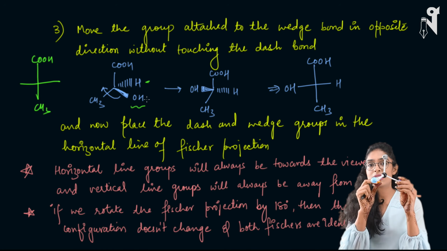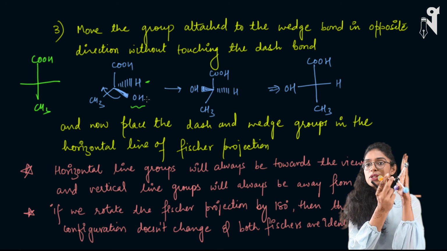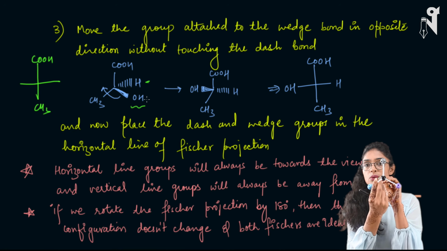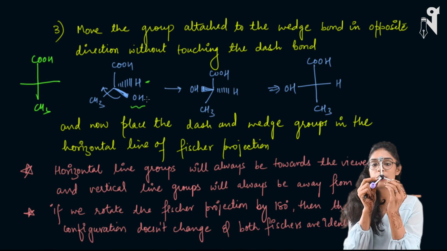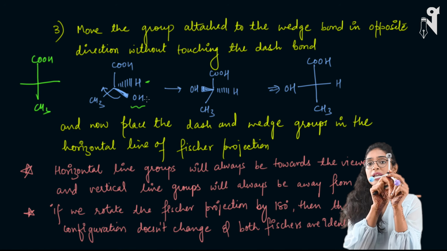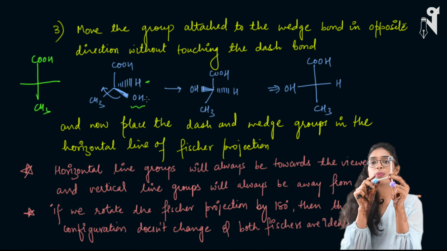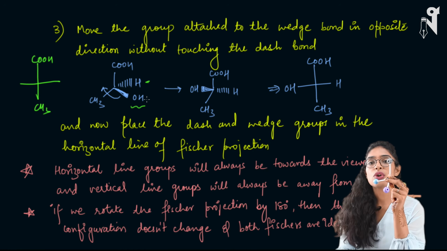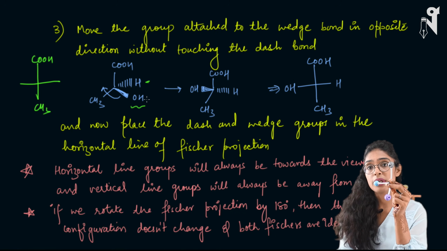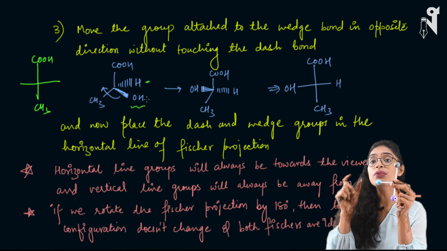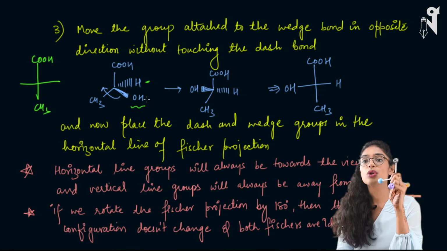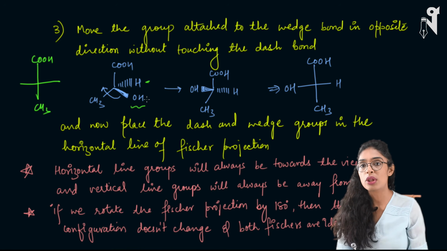What we are doing, this yellow ball is towards me, but to make the Fisher projection, first of all I'll tilt the molecule, I'll move it a bit, I'll rotate it a bit. Now both my dash and wedge bonds are towards me, and the simple bonds which were in the plane of the paper are away from me. So that movement we do. But how do we do this movement in the molecule which is written on the paper? Because you will not be carrying this 3D representation all the time.